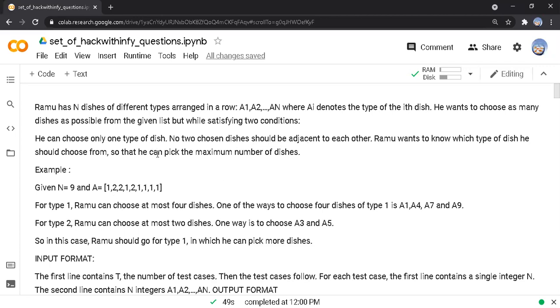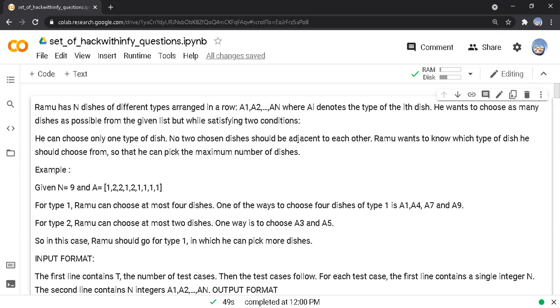Only 4 is possible in type 1 and 2 is possible in type 2. So in this case Ramu should go for type 1. This is the possible answer here.